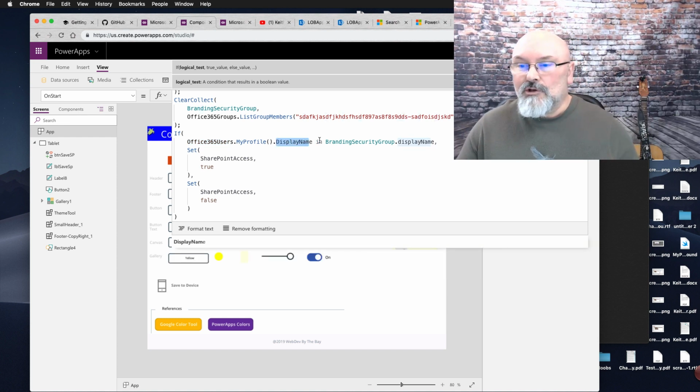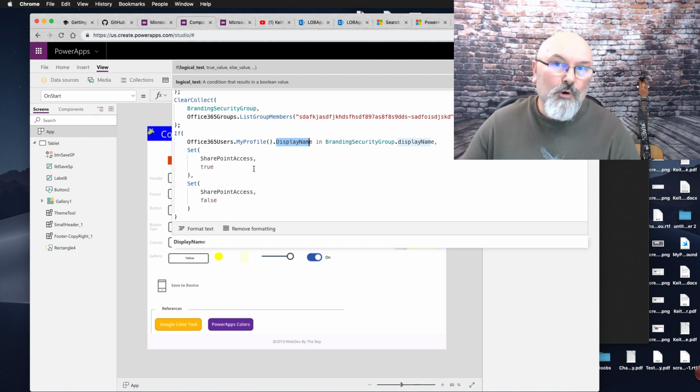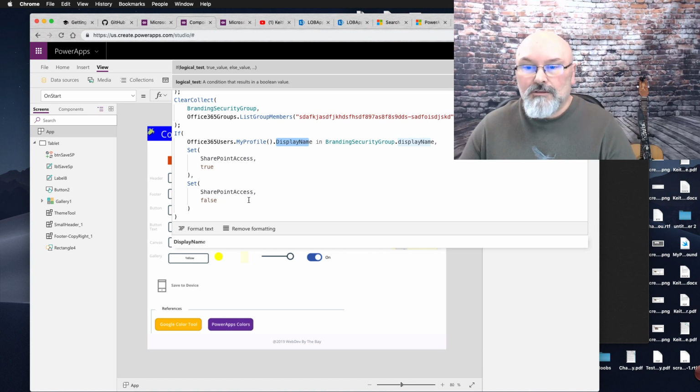And I then use that to compare to see if that name is in my branding security group collection. If it is, I set SharePoint access to true, and if it's not, I set it to false.